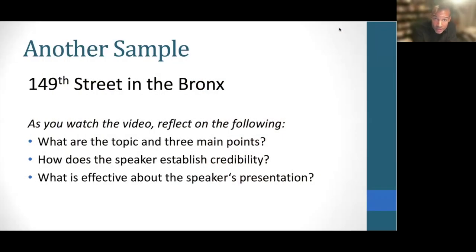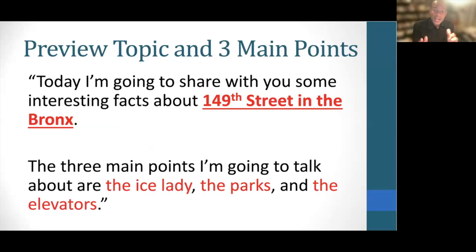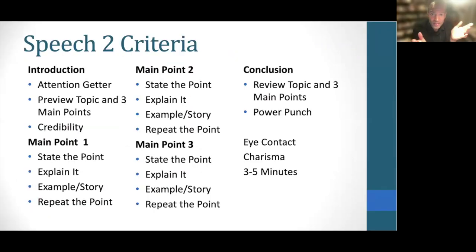Okay, so in this second example, 149th Street in the Bronx, that's the topic, okay? We had 3 main points, all right? So we heard about the icy lady, we heard about the parks, 2 parks in particular, and we heard about the elevators in this neighborhood, in particular the buildings where this young person used to live. And so when we think about the structure of the speech and what's required, there again, all 17 things that